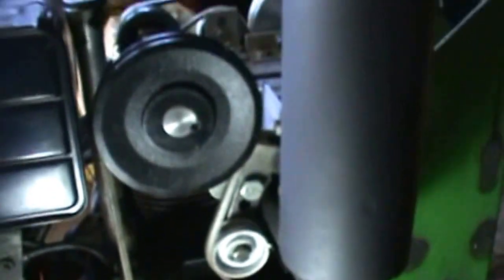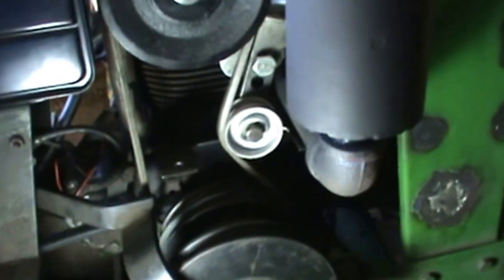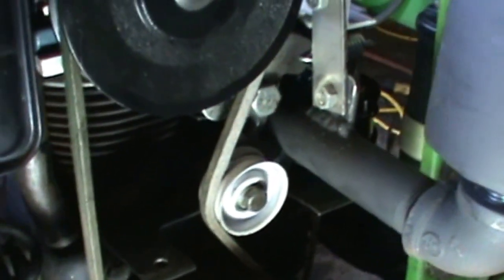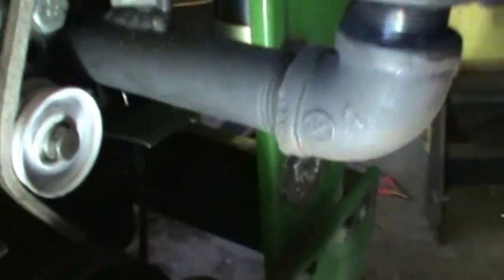which came off of a 5020 Allis-Chalmers, and made a little bracket so it won't unscrew, and then the bottom side has a weld on it so it won't unscrew itself. Now here's the other side of the